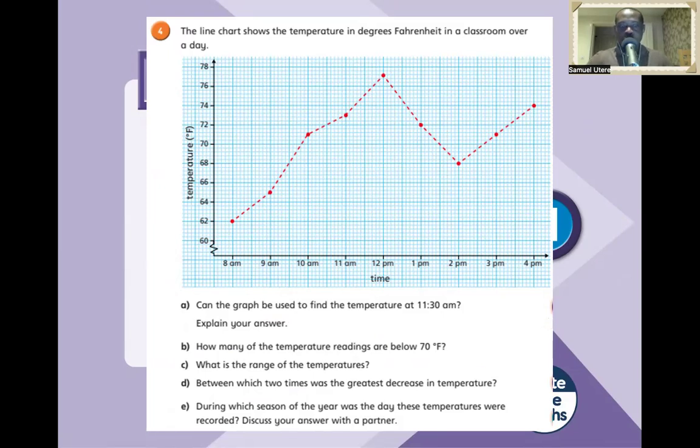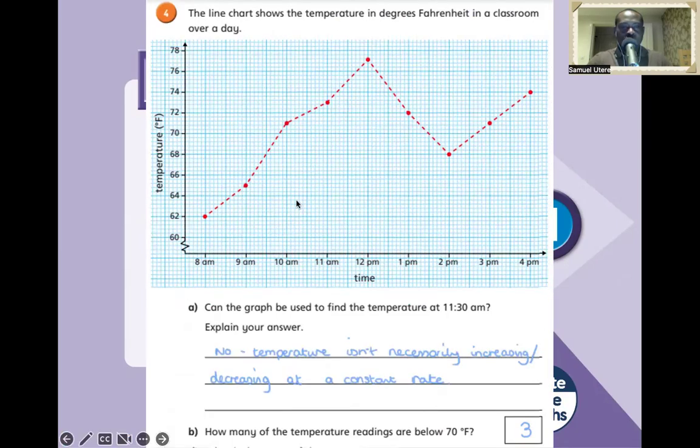Assuming you've paused the video and you've answered question 4, here are the answers. Let's discuss them. Here you asked, can the graph be used to find the temperature at 11:30 a.m.? Well, we could make an estimate, but really, if you look, you would see that if you go for 11:30 a.m., there is no plotted point for that value. So no, temperature can't,